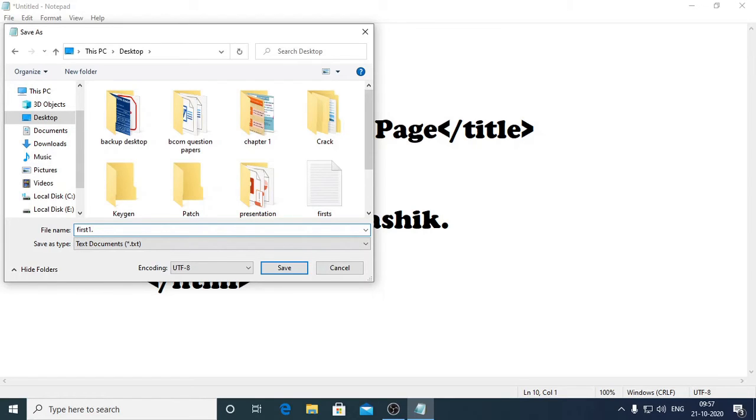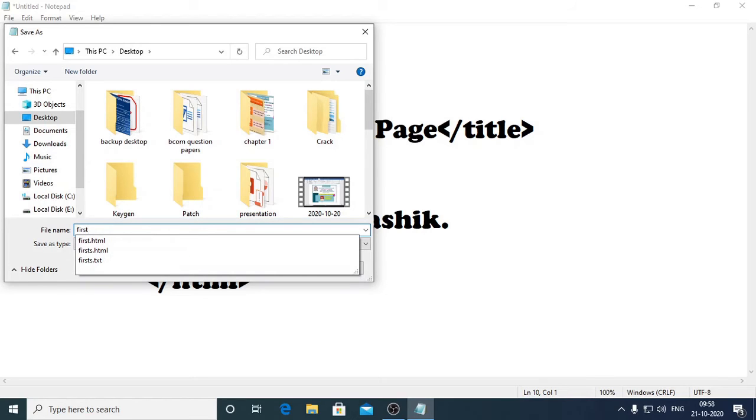first1.html. Since I already have my first1.html, I am putting the name first1.html. Remember, this extension .html is very important. If you are not putting this extension, your document will not be treated as a web page. The second important thing you have to change here is the save as type, which you're going to make as all files. I repeat once again, what you have to do: give the name. My name is first one.